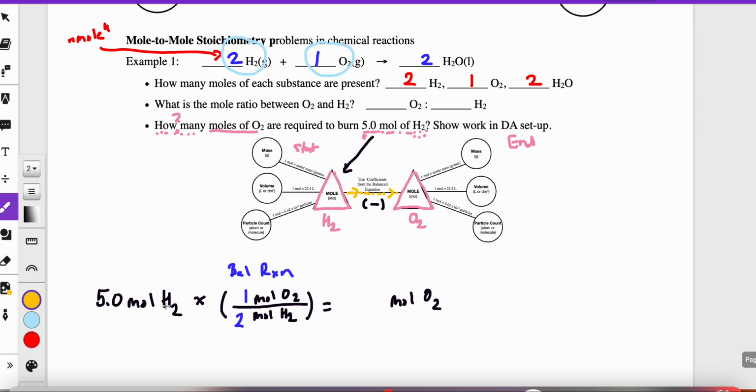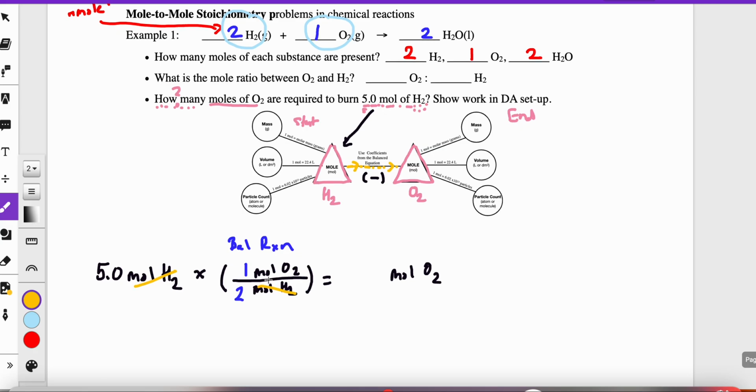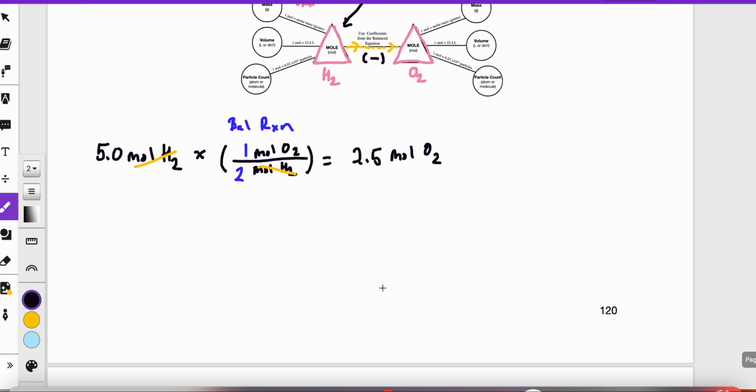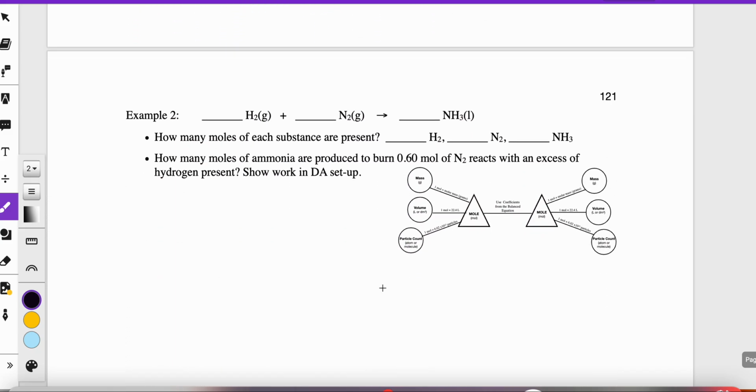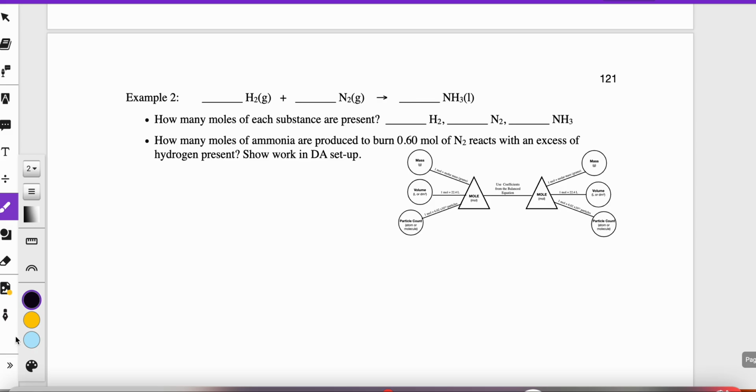Mathematically, moles of H2 times moles of O2, the whole thing divided by moles of H2. Since moles of H2 is upstairs and downstairs, I'm allowed to cross it off. It reduces to 1, so it's no longer present. The unit and labeling I'm left with is moles of oxygen, where I needed to get to. Now it's the math. 5.0 times 1 divided by 2, that's pretty straightforward math. So it's 2.5 moles. Let's look at a couple more examples here. On page 121,